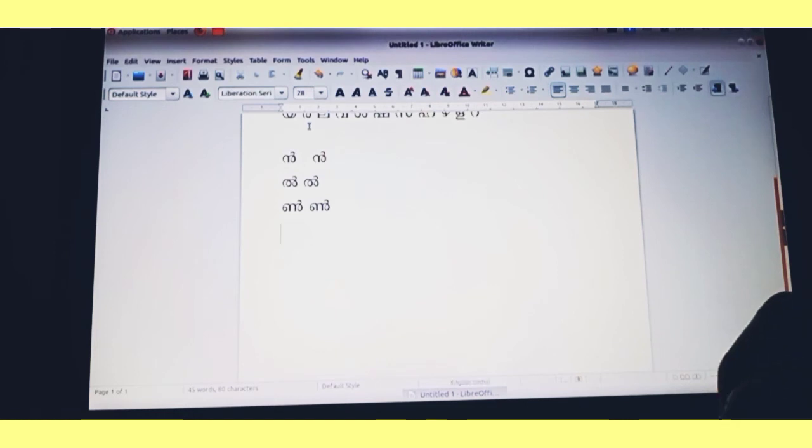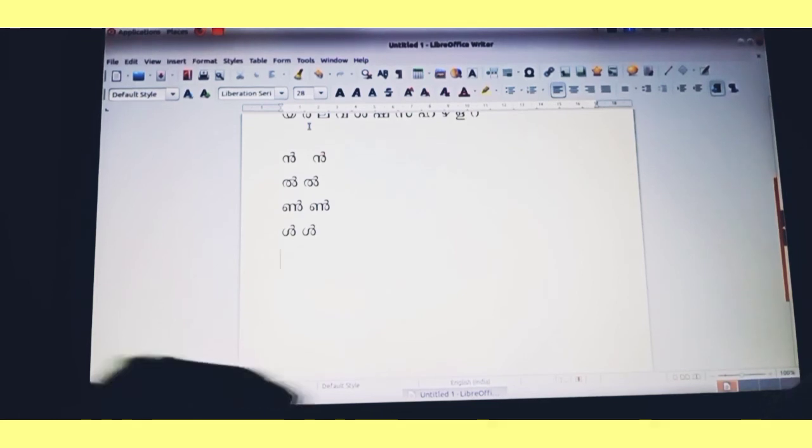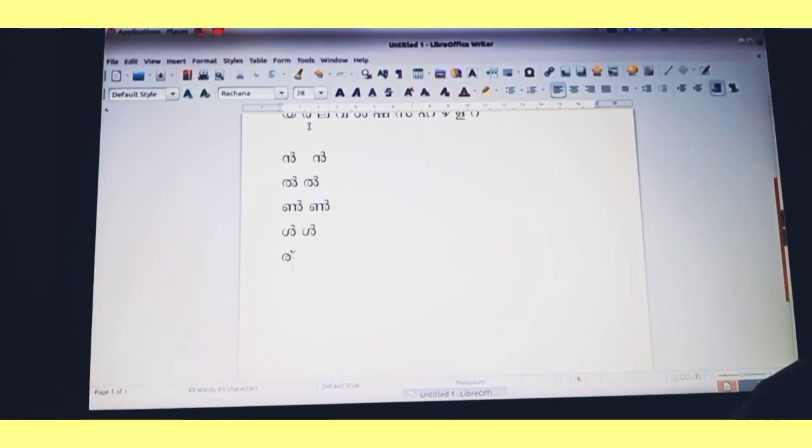Okay. Next la plus d plus closing square bracket. Then the shortcut form is that shift plus 8. Okay. Next ir is ra plus d plus closing square bracket, and the shortcut method is clicking on the slash. Okay, clicking on the slash button only we could get the ir.